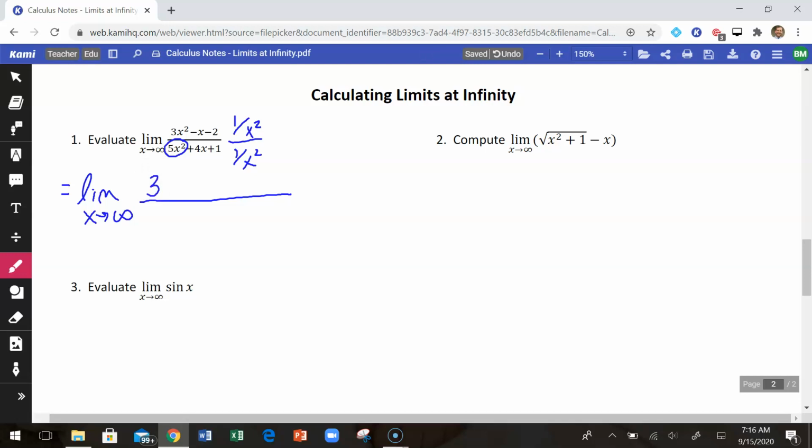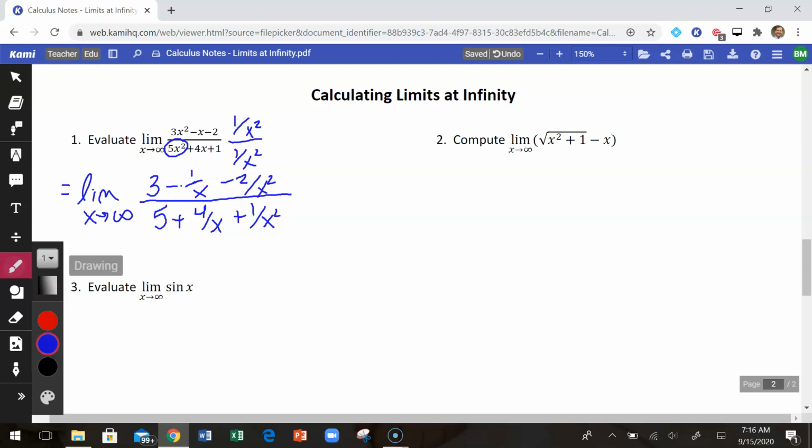Our leading term would just be 3. Then x divided by x squared, that would be 1 over x. And -2 divided by x squared would be -2 over x squared. On bottom, we would have 5 plus 4 over x plus 1 over x squared. Now that looks uglier than what we just dealt with, but it helps us to get to the answer, because